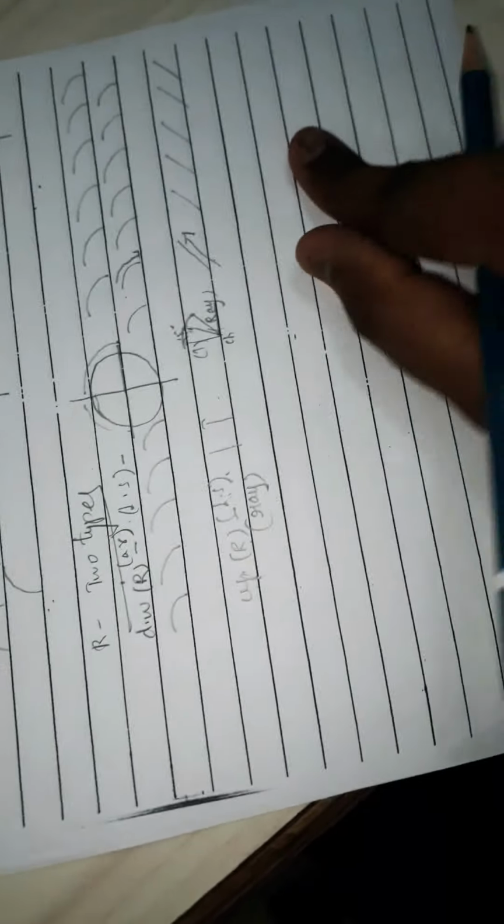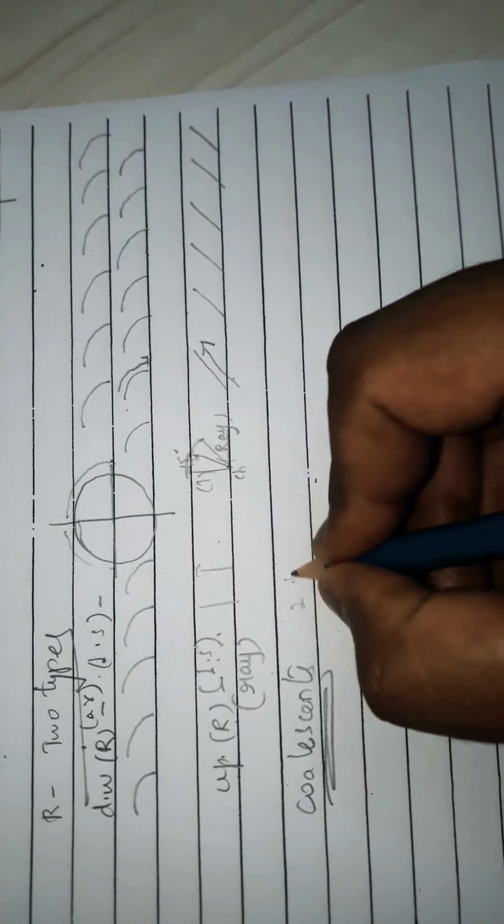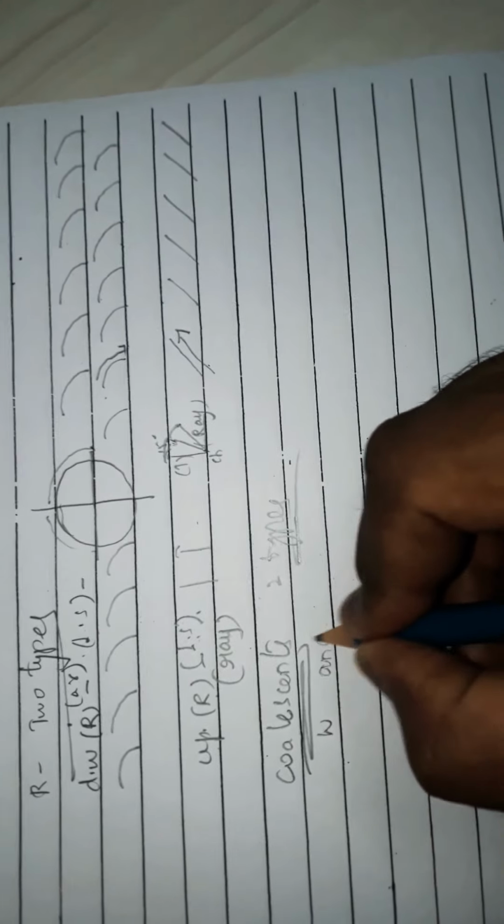Got my point? So we are done with liquids. Now we'll deal with coalescence. This is the fifth part in the consonants. As I told in the previous video, we have 6 types: explodents, continuants, nasals, liquids. We are done with liquids just now. We are moving to coalescence. In this coalescence, we have 2 types. They are W and Y.